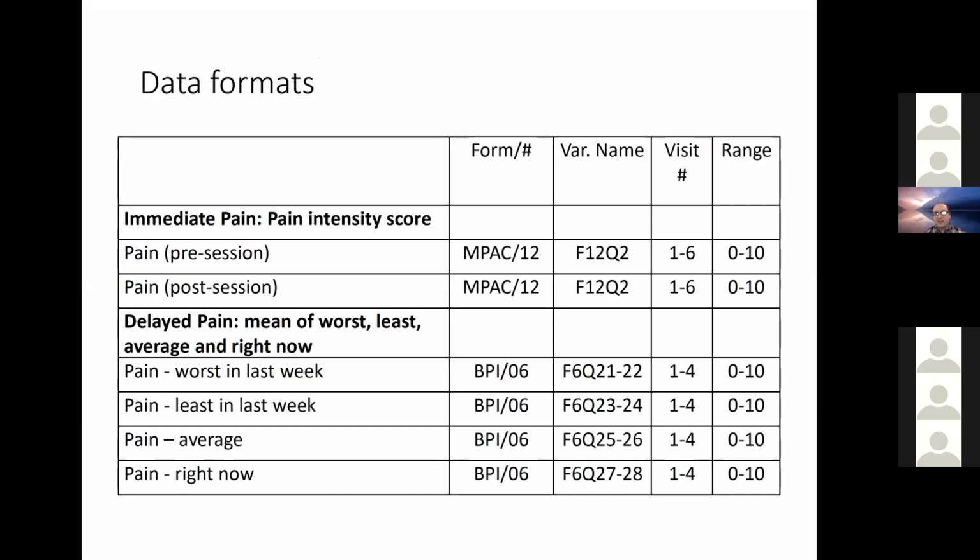And that gets to questions of data formats. This is just a table showing the various aspects of data collection that's good to be aware of. The form number here is the assessment or the measure that's being used to measure pain, immediate pain versus delayed pain. There's all sorts of ways to measure pain, and many other things as well. And this table would show how these things are being measured, and getting into the weeds. That's crucial when we're talking about data, is we really do need to get down to the nuts and bolts. Because it's all good and well to describe your study in terms of